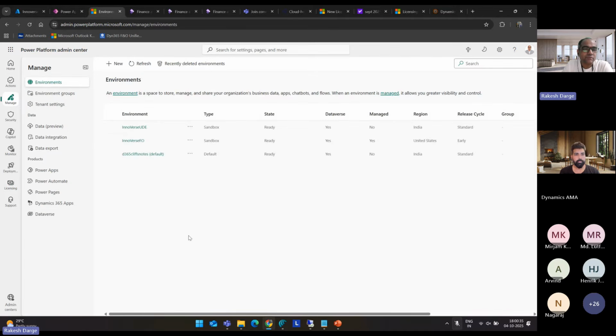So if you just navigate to the manage, the name itself is indicating, right? You need to manage the environments. Those folks who are coming from Power Platform family understanding, like CRM or Power Apps, probably have a better understanding of how these environments are managed within the Power Platform Admin Center, but especially for the finance and operation app consultants, functional or technical, maybe this is a new experience for them, right?